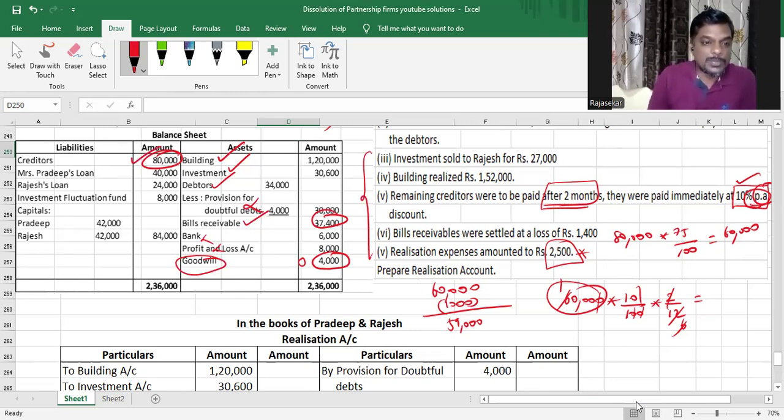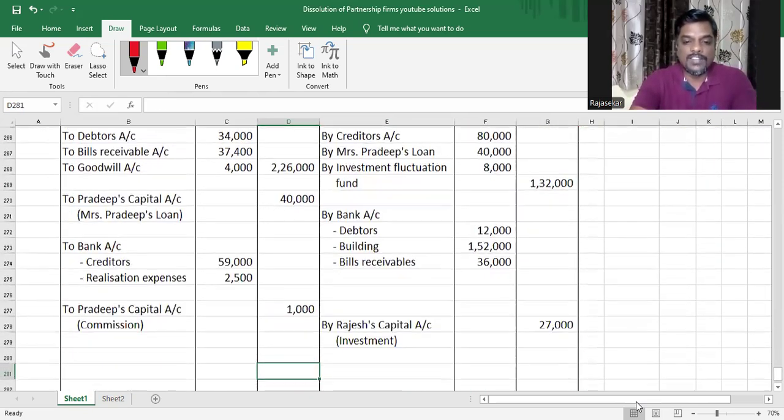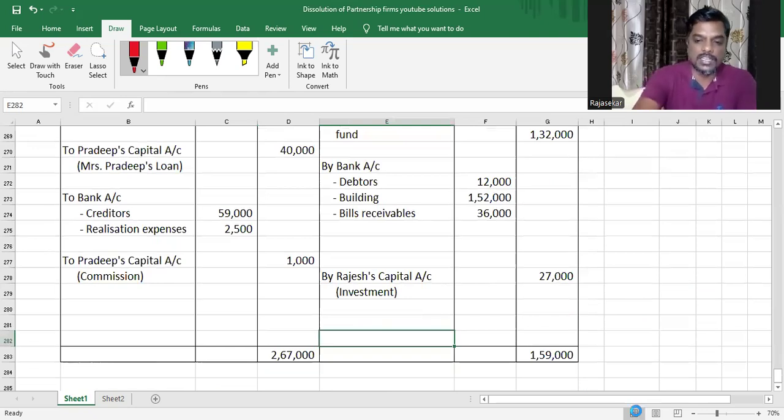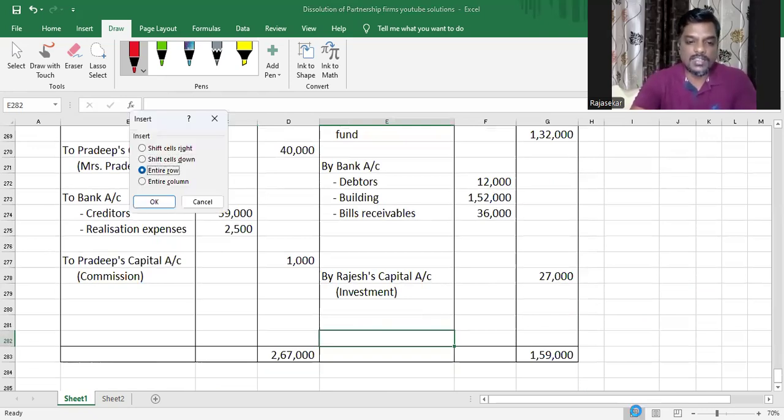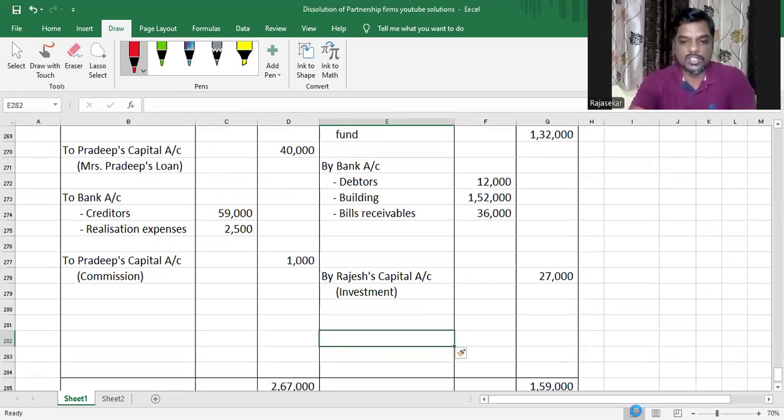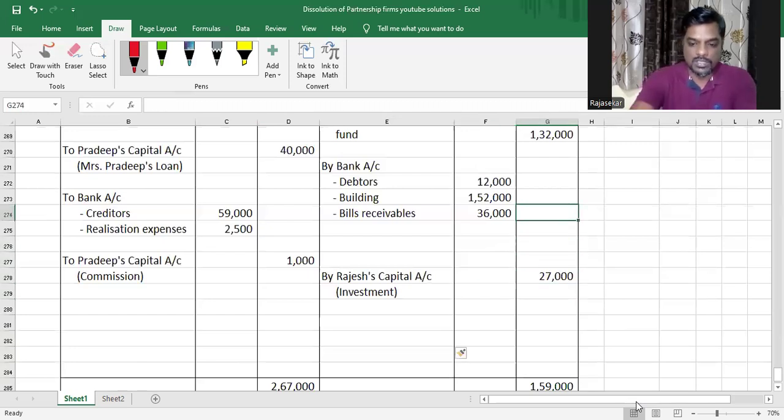And then Mrs. Pradeep's loan was taken over by Pradeep. Rajesh's loan will not form part of realization. Investment fluctuation fund will not be settled through the realization account. And therefore, everything has been done. All that is left is to balance the ledger. We find that the debit side total is 2,67,000. The credit side total, after adding this,